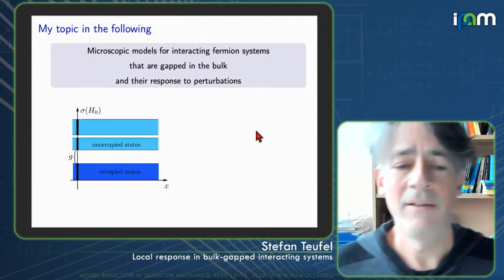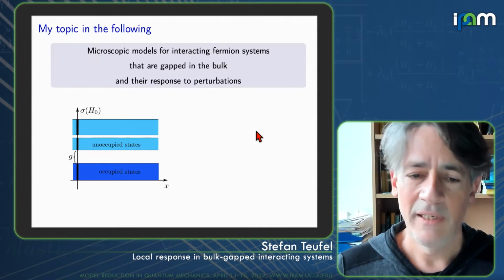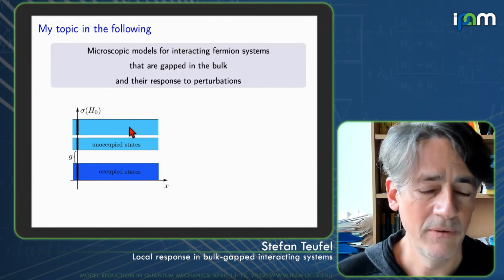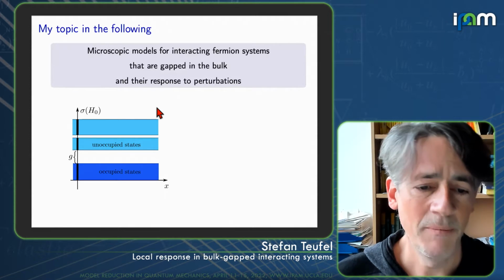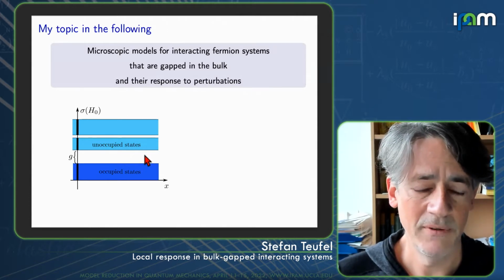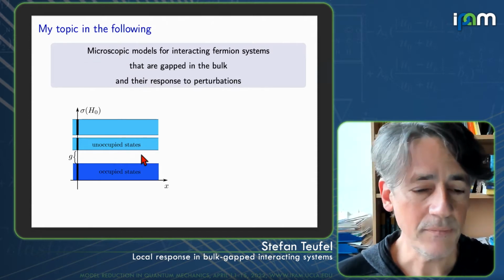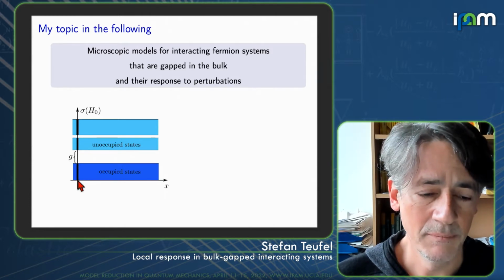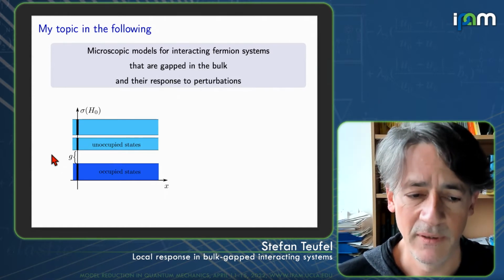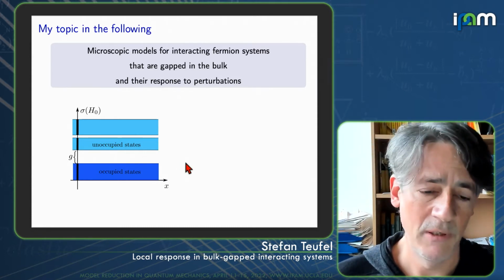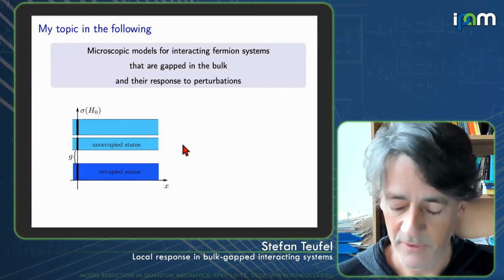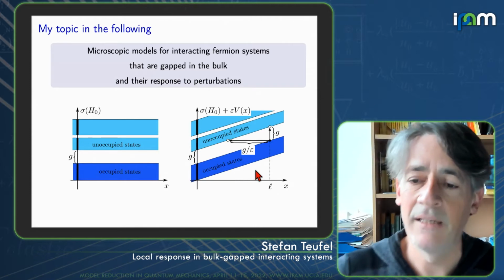Because I would like to really understand if in really microscopic models we can understand these incompressible phases of fermion systems and how they respond. And why this is a non-trivial question, I would like to explain in another picture before going to the math. So what I would like to understand is the situation of non-interacting fermions, let's say in a crystal. In an insulator, or in a periodic system, we will have Bloch bands, so intervals of spectrum separated by gaps. And if the Fermi energy is in such a gap, and we are at zero temperature or at very low temperature, all the states in one of these bands are occupied, and all other states are not occupied. So the question is now, how does such a system react to an external perturbation like a linear potential,